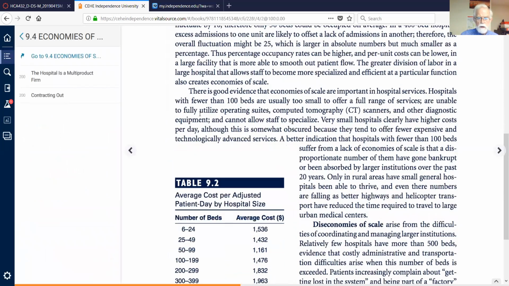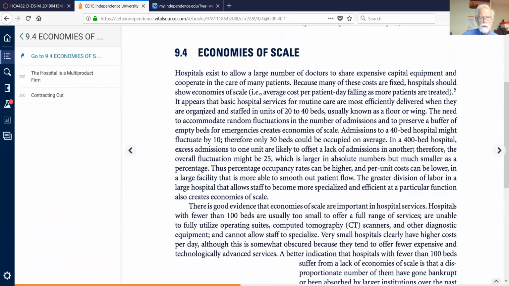Economies of scale. We all know that you lower your cost of individual widgets by manufacturing a lot of widgets. It costs X amount to manufacture a widget. You have several things that you put into a manufacturing process: your variable costs, which are labor and materials costs, and then your fixed costs, your overhead. The overhead has to be charged against the entire